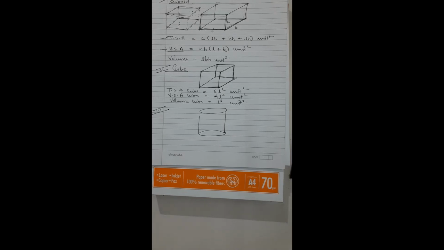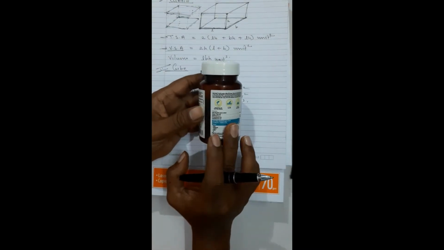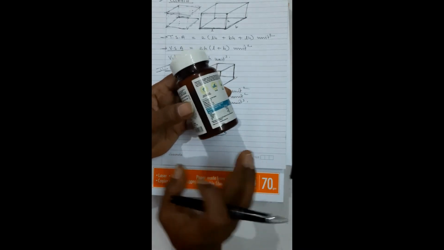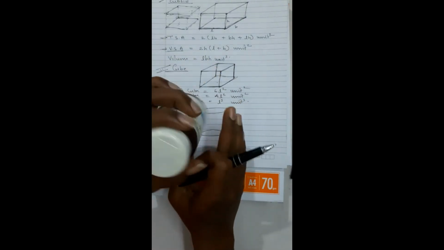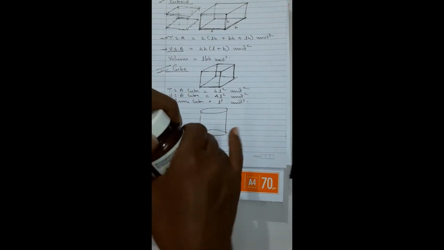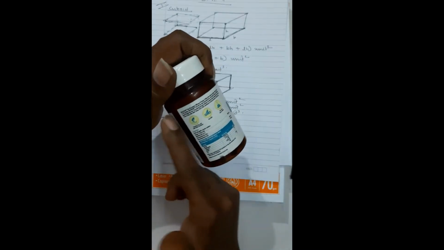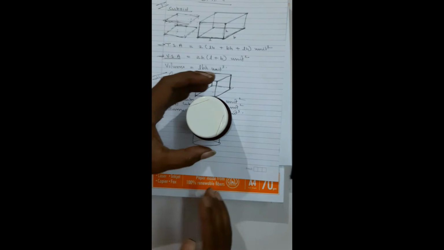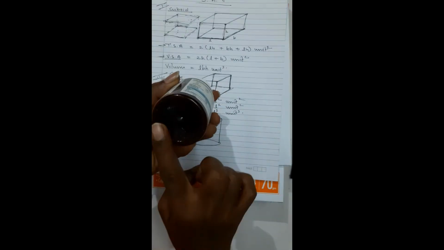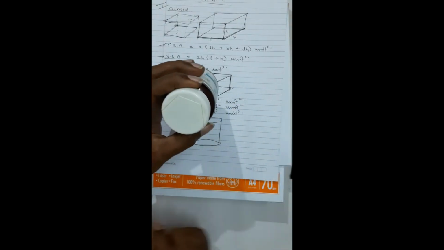See, just imagine that this is a bottle. So we can imagine any bottle that actually speaking has flat surfaces. This is flat. You can see that this is flat. And the vertical surface, this is the wall of the bottle. This is basically curved surface area. This is curved because this is a curve. So this is a curved surface area. Wall is a curved surface area, and the bottom flat, which is basically a circle. It is a circle, and top also is a circle.